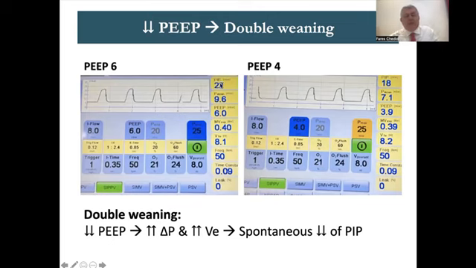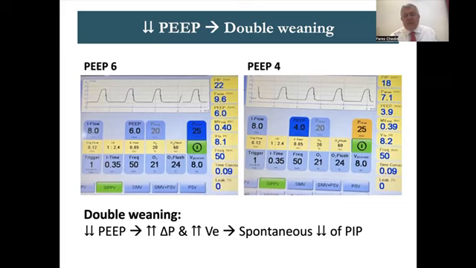What I suggest you do if the patient has improved, as in here, is decrease the PEEP only because I cannot have any effect on the PIP. I decrease the PEEP only from 6 to 4. Then, because the PEEP was decreased from 6 to 4, the gradient has increased from 16 to 18, because this was 22 and this became 4. The gradient has increased. That would produce a bigger volume, and because it produced that higher volume, the volume will be higher than the VG and the PIP will be pushed down.